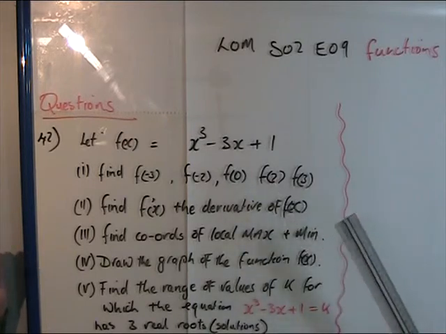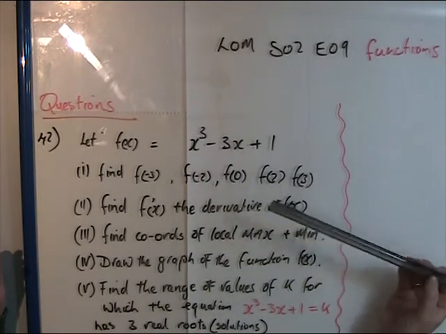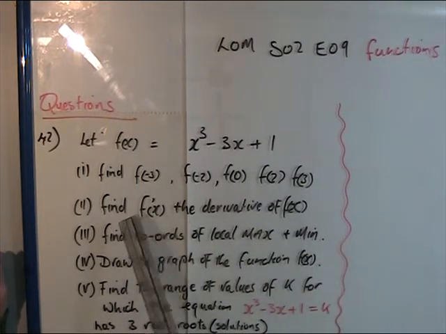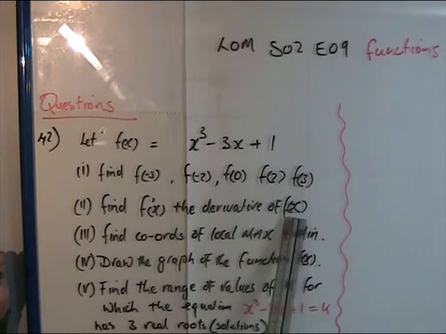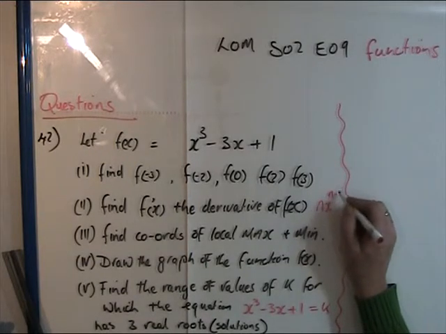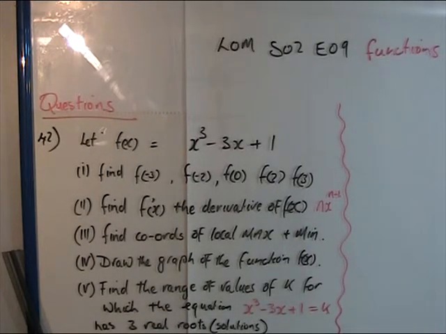But later you will be shown here, they're asking you for the values of x, find the coordinates of x. No, we'll continue on. Find the derivative f dash of x, right? Now the derivative follows a rule, and remember that rule, embed that in your head. Find the coordinates of the local maximum and minimum. Now I'll get back to all these derivative things. Find the graph of the function, and I'm going to put in that x lies between